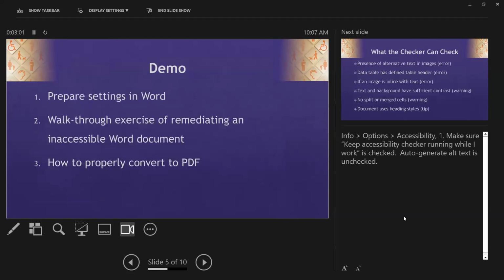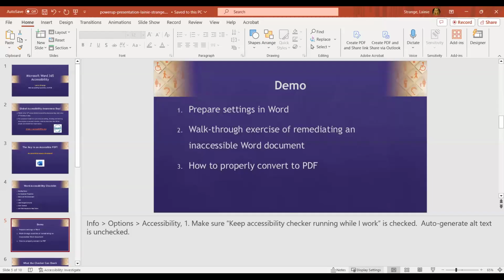Next, this is the outline for the demo. We're going to prepare our settings in Word, which covers making sure the accessibility checker is automatically running, as well as setting some PDF settings in a certain way. Then we'll walk through remediating an inaccessible Word document, and then talk about how to properly convert that document to PDF. On that, I'm going to jump over